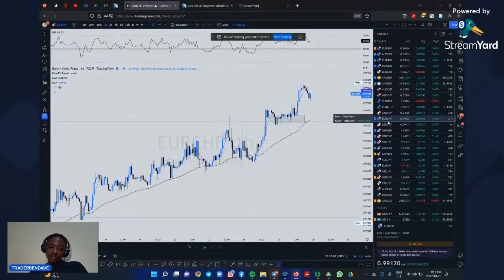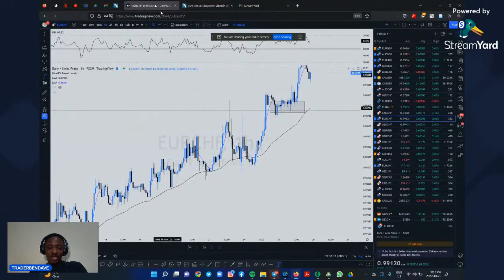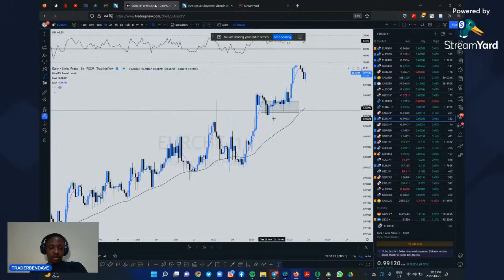Euro CHF. Euro CHF was one of the trades that we looked at on Sunday, and this is what we're looking at. This was on the 1-hour time frame. So this is what I was looking at here. I was looking to go short here. I was looking to sell. So we're looking at this and this as a correction to the upside for price to break to the downside. But then later,